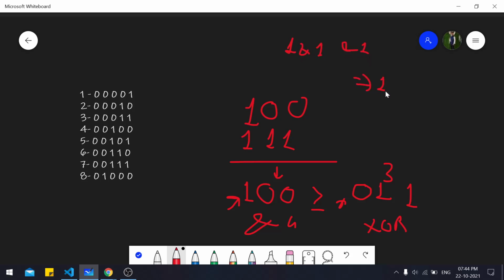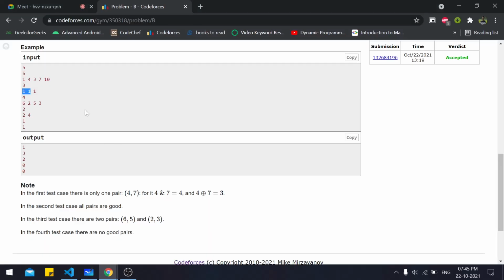1 only. But in XOR part, when you take XOR of an integer A with itself, it will actually give you 0, because as we have seen that it gives 0 when the bits are same. So in A and A, all the bits will be same and it will consequently result into 0. So all the AND values of any three pairs in this one will be 1 and all the XOR values will be 0. So we have actually outputted 3.